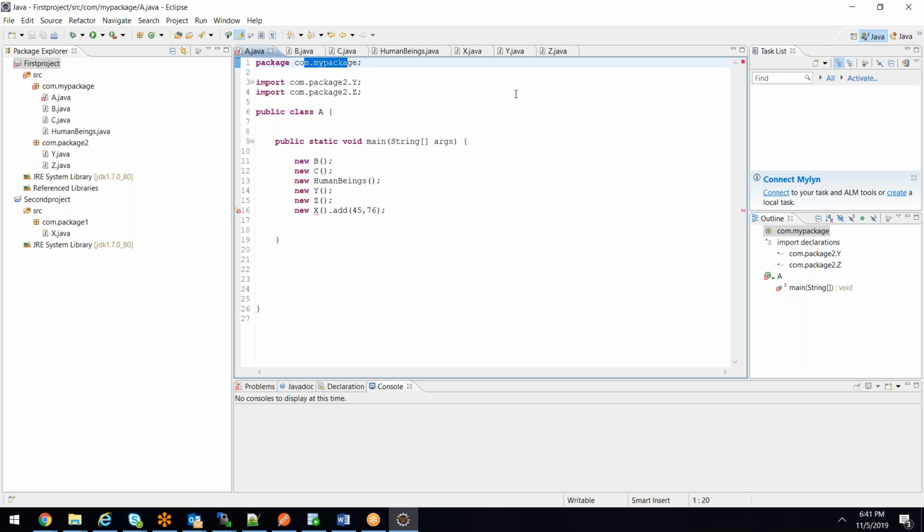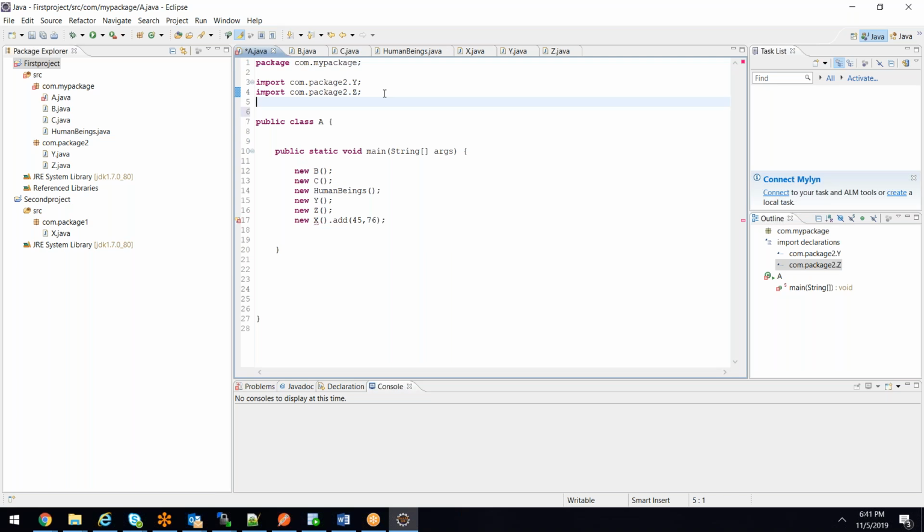So if class X is part of the same project, maybe I can import that class X. But it is not part of the same project. It is written by Divya in her laptop. That particular project is written by Divya, correct? How will my project know whatever classes are written by Divya? Because I don't know what she wrote in her laptop, right?